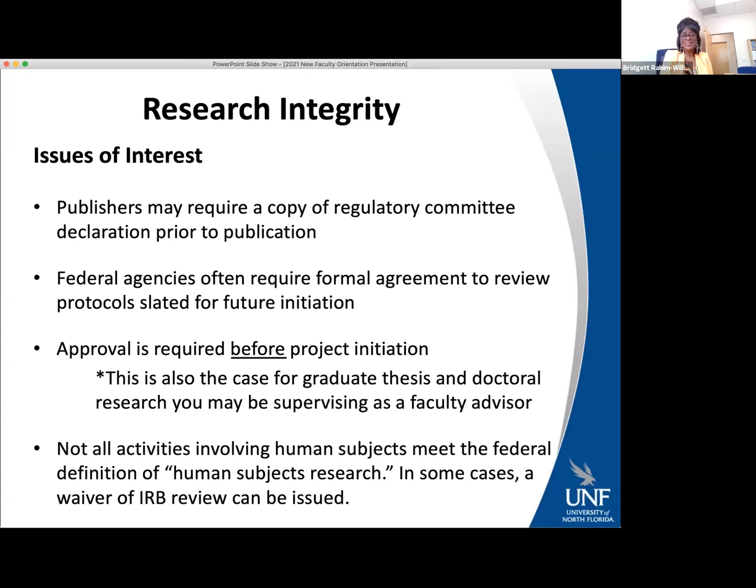What's very important, be sure that you have your approval prior to starting a project. We know how exciting getting started on research projects can be, and you want to just jump right in and get started. But please remember that there are compliance issues that must be met first. And we must take a look at that particular protocol to ensure that it meets whatever particular guidelines are required and that you have your approval first. With that in mind,